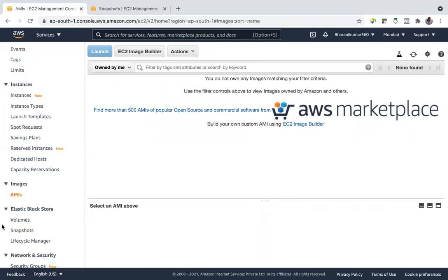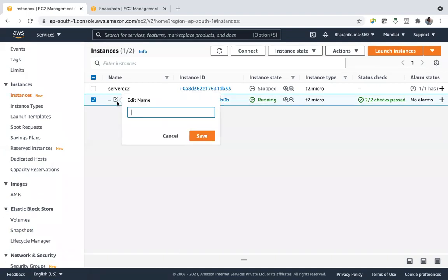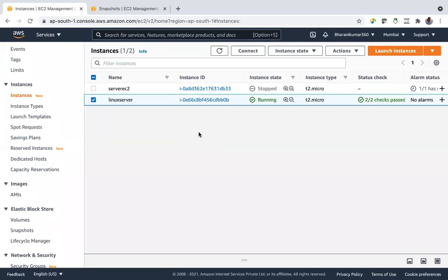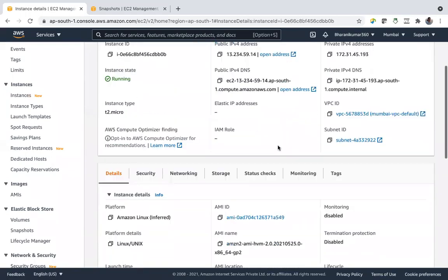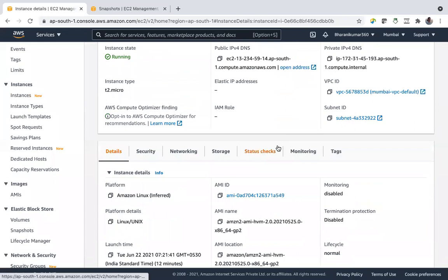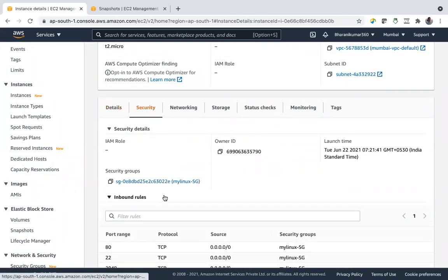Let us create one AMI. I'll go here. I have this instance. Let us call it Linux server. These are details of my instance. Security.